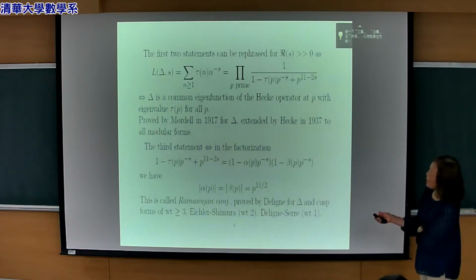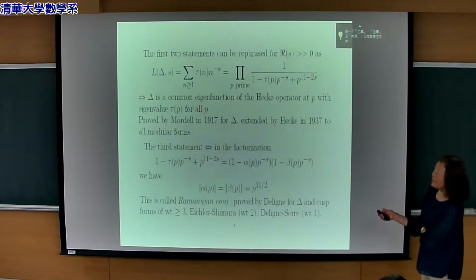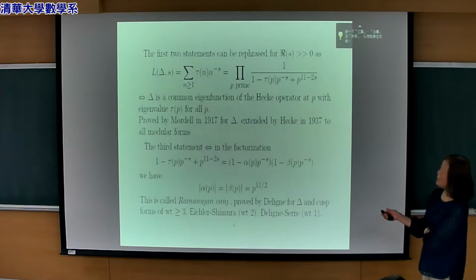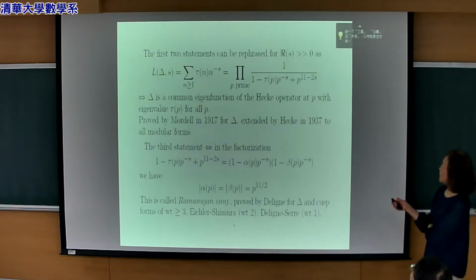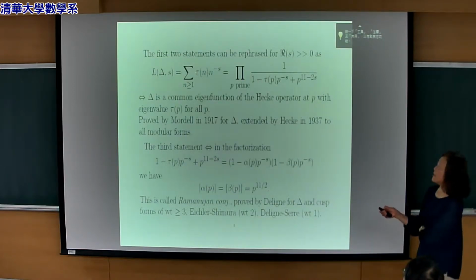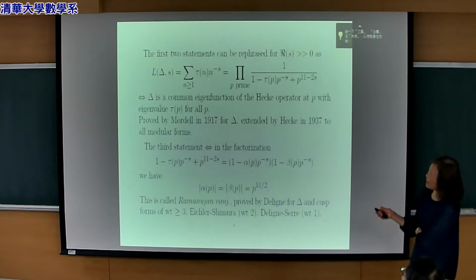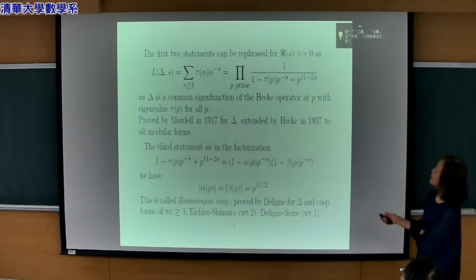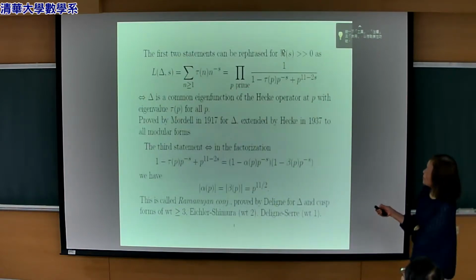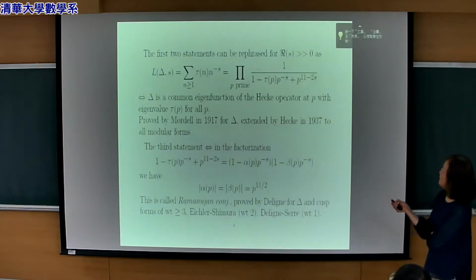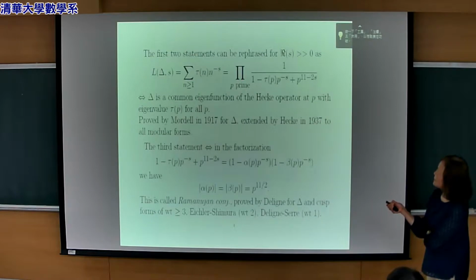So writing the L function associated with delta as an infinite product over primes p, in modern language, is saying that this delta is an eigenfunction of the Hecke operator at p with eigenvalue tau p for each prime p. So the original conjecture, the first and second statements of Ramanujan's conjecture, was proved by Mordell in 1917. But this expression here, that the L function can be written as a product over primes, is very intriguing. Okay? So Hecke looked at this statement, and he